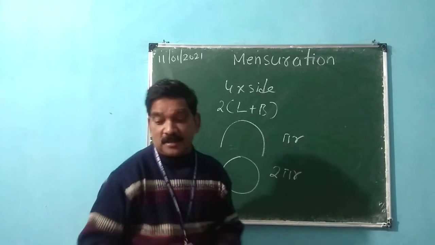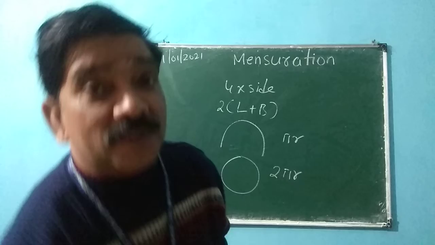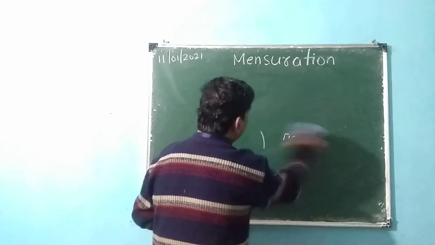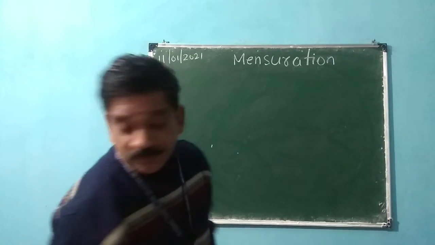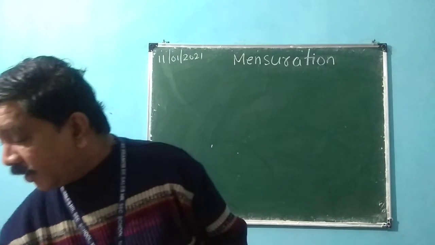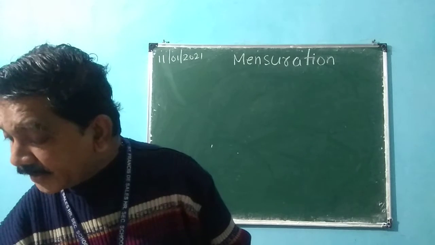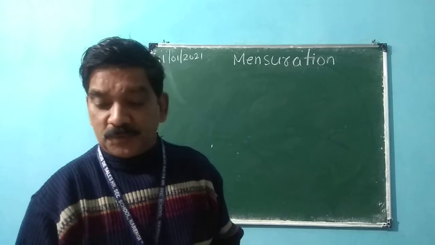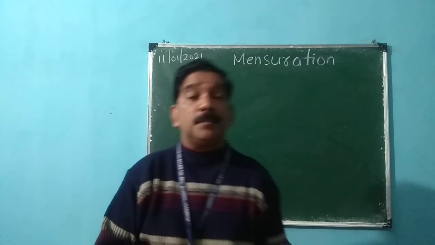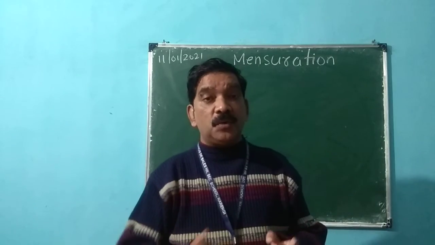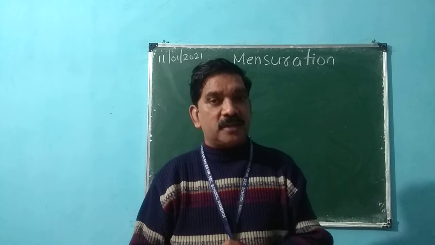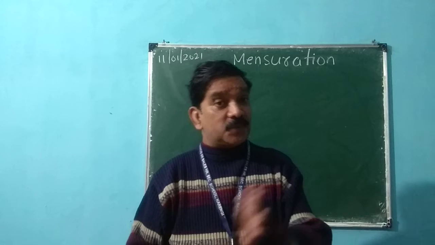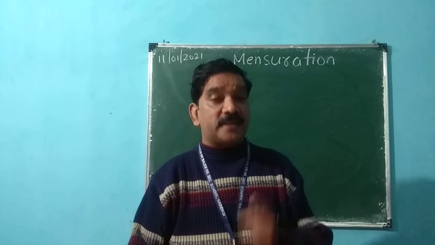So let me start the exercise 11.2. In exercise 11.2, we'll be dealing basically with rhombus and trapezium. Rhombus as well as trapezium. Okay, so what is a rhombus? Rhombus is a quadrilateral whose all the sides are equal. But not necessary that each angle is 90 degree. Whereas in a square, each angle is 90 degree. It has to be 90 degree.